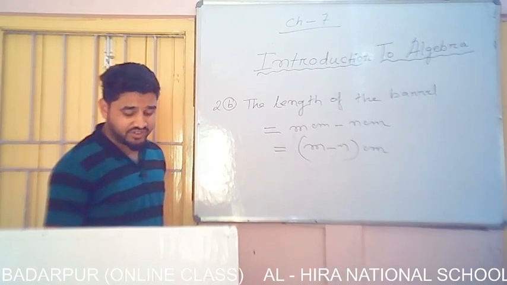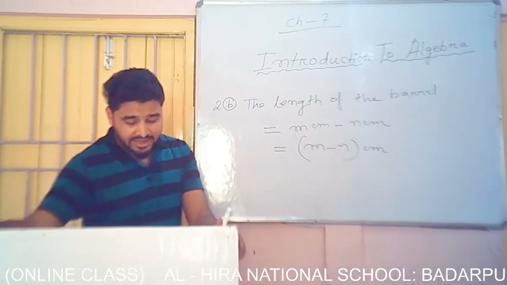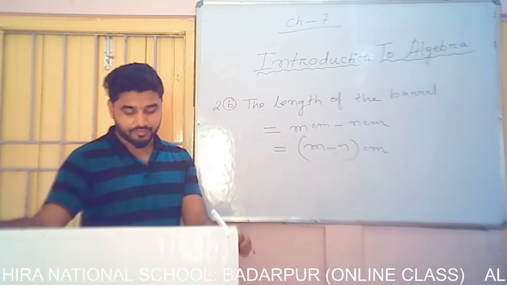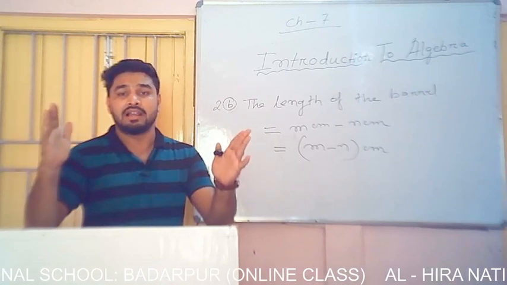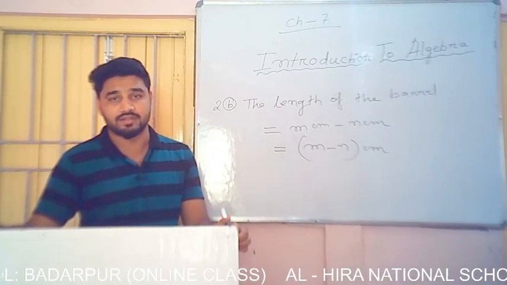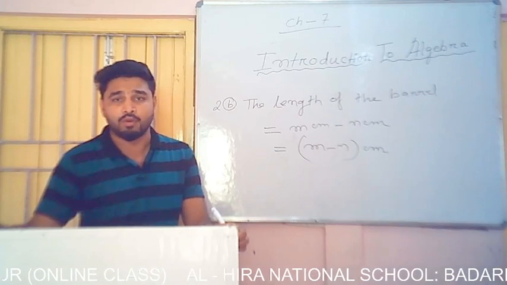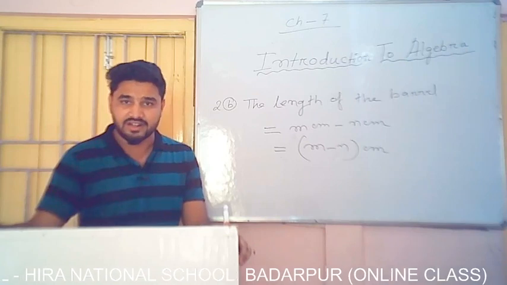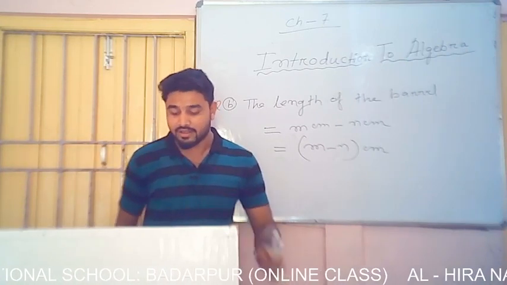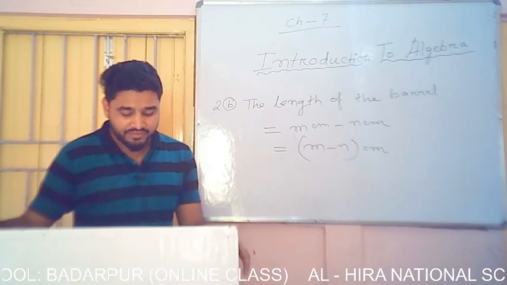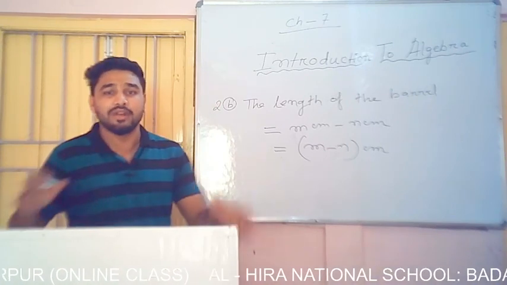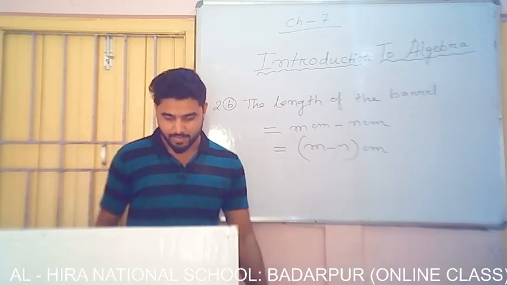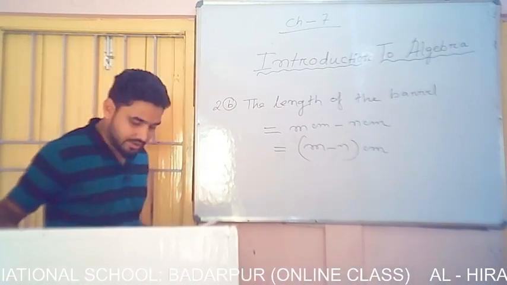Now we shall come to question number 3, and the question is, write the total length of these 4 screws. Then we have to find the total length of the 4 screws, and the lengths are given as T centimeter, T centimeter, T centimeter and T centimeter. That is, all are the same. The measurement of each screw is the same. Then if we add them, we will get the total length of the 4 screws. So let us write.